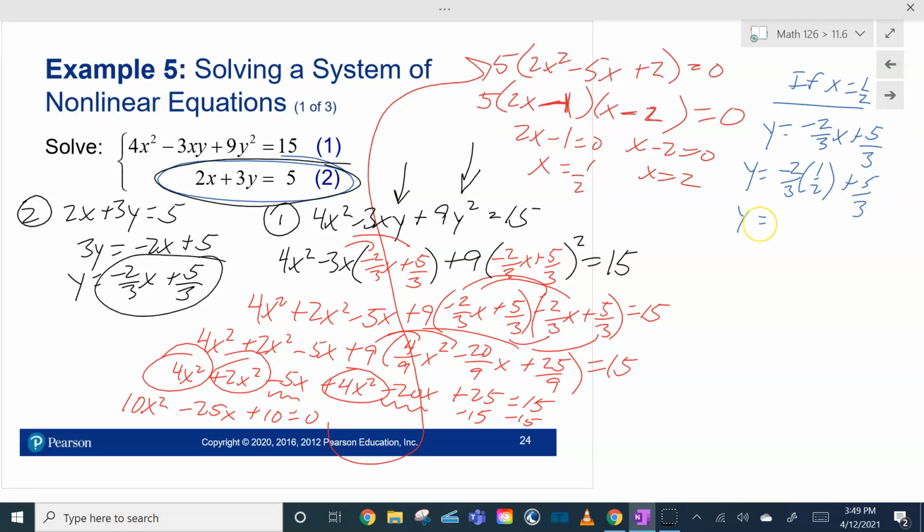I've got negative 1/3 plus 5/3. I got 4/3. So if x is 1/2, y is 4/3. I go ahead and check that into this curve here, equation 1. Make sure it satisfies it. It does. Okay. And then if x equals 2,